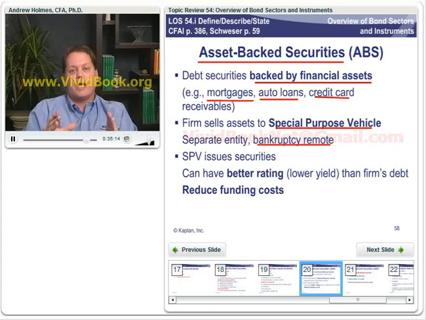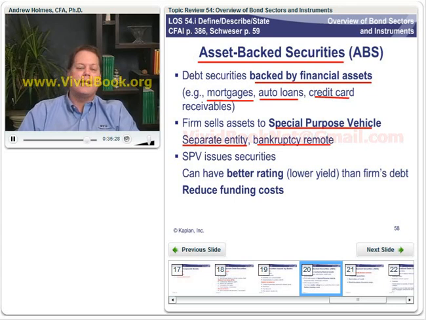So we're going to put them in an SPV. The SPV will then issue the asset-backed securities and pass the money from those back up to Sears. It's a separate legal entity that's bankruptcy remote, and it is the SPV that actually issues the securities. It's just like a mortgage-backed security. That is, it's an undivided interest in a pool of receivables, in this case credit card receivables instead of mortgages. Because of that, the SPV can have a better credit rating than the firm that actually generated the receivables in the first place, which makes this a great way to reduce funding costs, and means that firms love to do that.